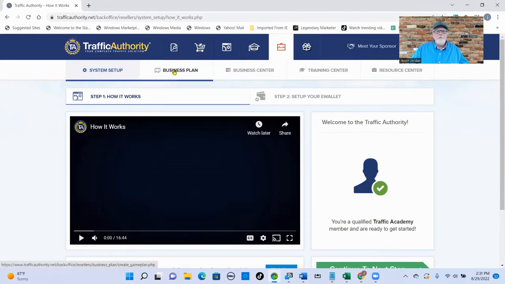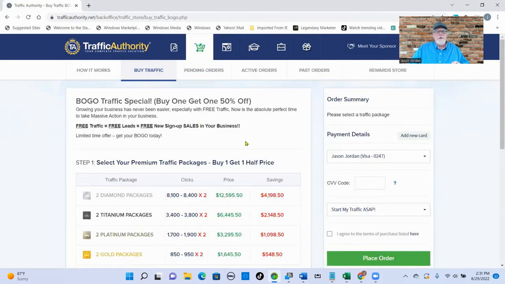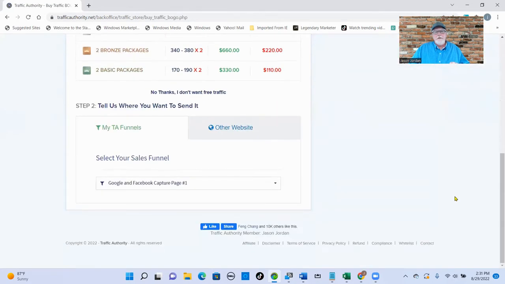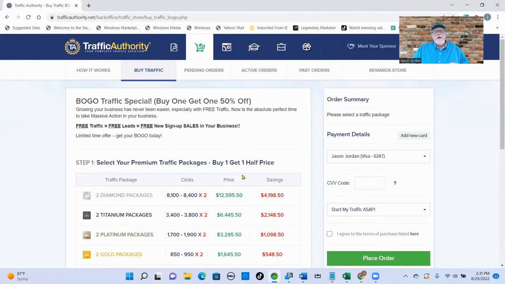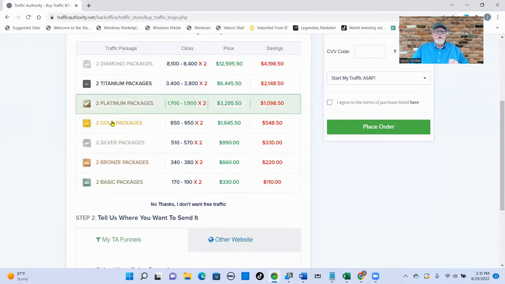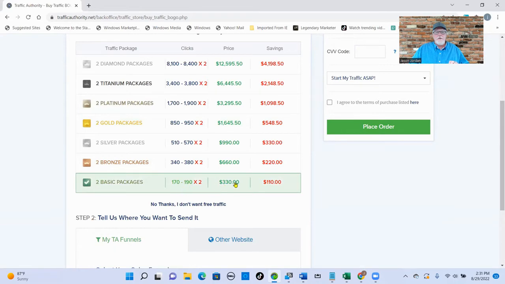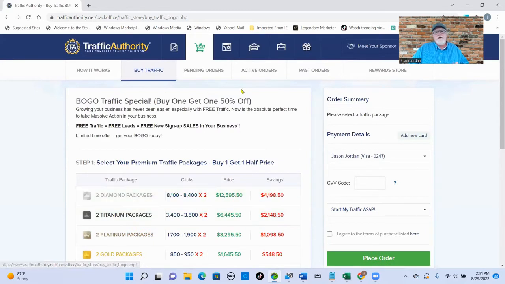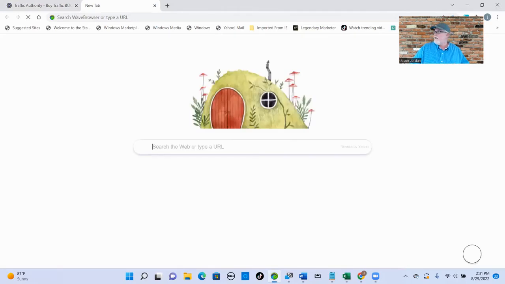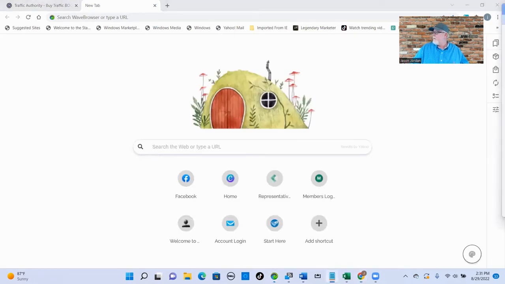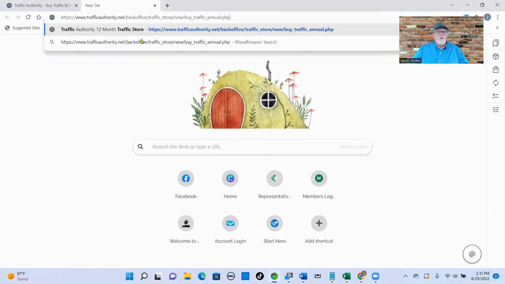Okay. So once you come in here, you're going to be prompted to, I've been with them for a while, so I get some discounts and things, but you're going to be prompted to go in here and purchase a package. Now yours won't be this much, right? It'll be less than this because it'll be one package. But what you're also going to have is an opportunity. And actually, I'm just going to show you. I've got a link here. Stand by. I'm going to show you. We also have a set it and forget it traffic system. And that's, let me show you what that looks like right here.